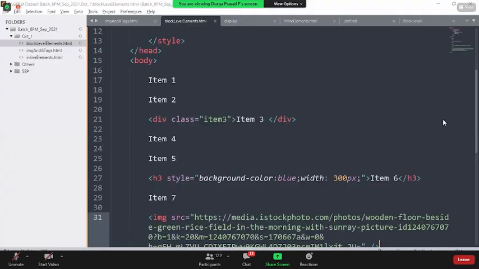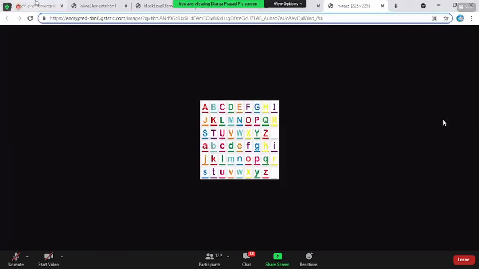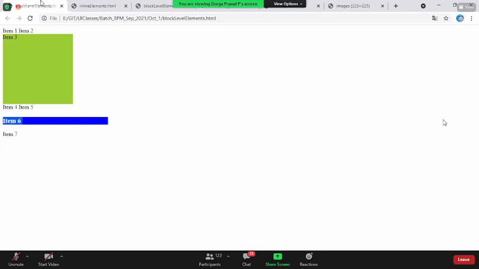Now there is something called a relative path. I will talk about this in the next class. In the next class, I will show you a practical example where I have a local copy of the images and how I point to them, and how it works when you are submitting to Git or pointing to local images. Is that fine, ma'am?